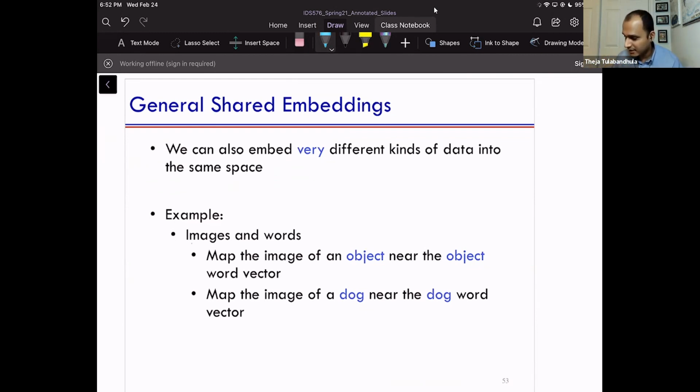Okay, and that's this example here, where you can map the image of some object to be near the object's word vector. So if you have an image of a cat, you can get tons of images of cats. They should all have vector representations, image embeddings, right? But those embeddings should hopefully all be close to each other because they're all pictures of cats, different types of cats maybe, or different shots of these cats. But also the word vector for cat should also be close to them. You can impose that explicitly. If you know that the labels of these images is a cat, then you can impose this.